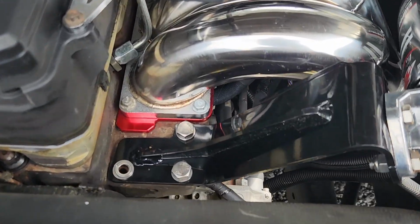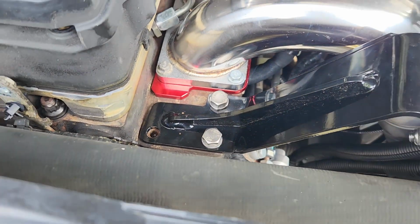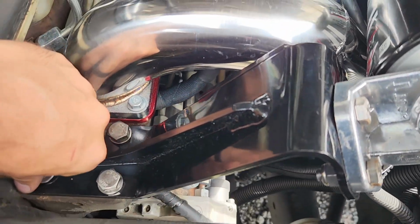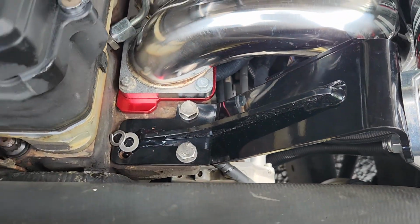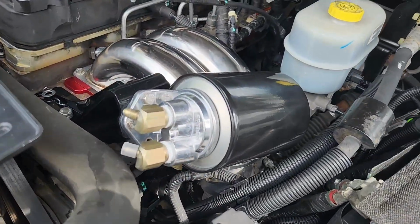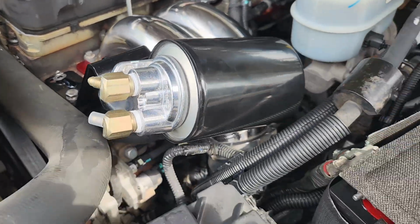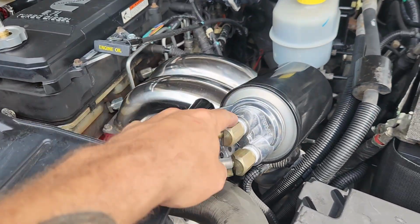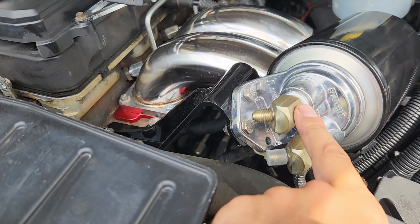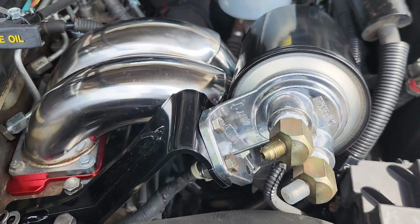All right, so I mounted that bracket in there. Got to get a different piece of hardware for that back bolt. The one they gave me was a little too long, but besides that, this bracket's super nice, so I'm trying not to chop it up. So I just took the pedestal off and rotated it on the bracket, and then I clocked the fittings for the oil lines so they're not aimed down,